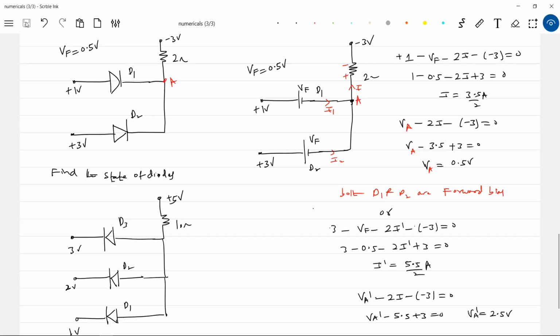No concept. We should go back to the current electricity concept only here. See, what is this? How are these two branches parallel, no? In a parallel circuit, the potential difference that is the minimum will be forced on the other branch. Of course, we didn't discuss such things in current electricity, but this is the concept. This one having 1 volt, so potential difference 0.5.